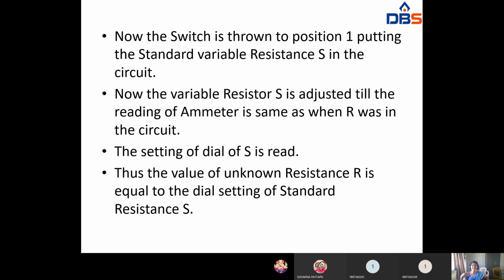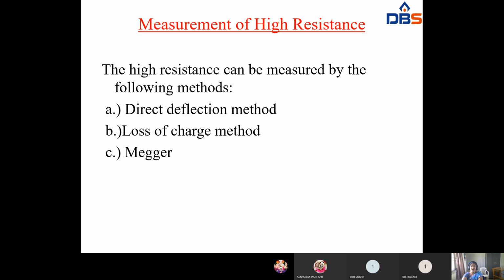Whenever you connect the standard resistor also, you have to vary the rheostat until the current in the ammeter is equal to the previous one. Whenever you connected R in the circuit, you got a certain current, so that current will be the same with the standard resistor. The setting of the dial of S is read. So the value of unknown resistance R is equal to the dial setting of the standard resistance. Okay, so that means whenever you get the same current as before, you can note down the S value. So that is nothing but the unknown